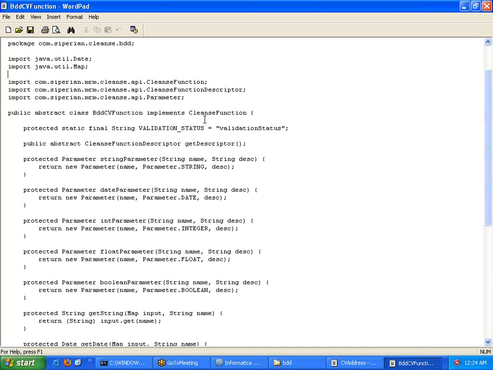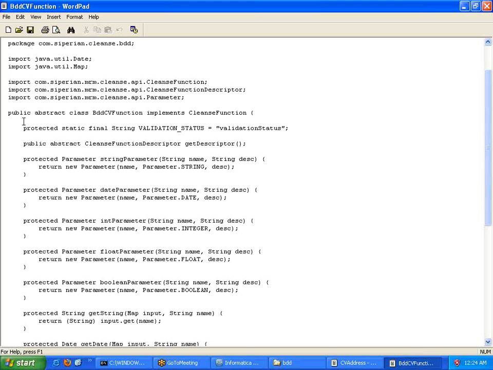So build common functionality over here and start making use of it within other classes. You know? So that is what we are going to look at now.